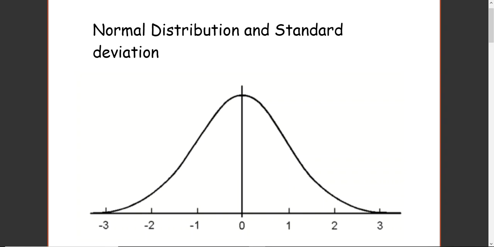Following on from talking about dispersion, just a quick one. You're going to have to do lots of work on normal distribution in the future and really understand it, but I'm just introducing it to you now. So we've done standard deviation as a measure of spread. We have talked about what a normal distribution means. Any idea? Can you remember?